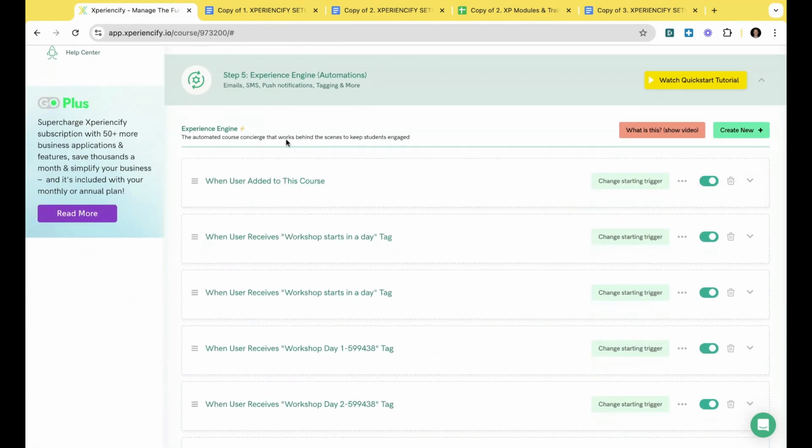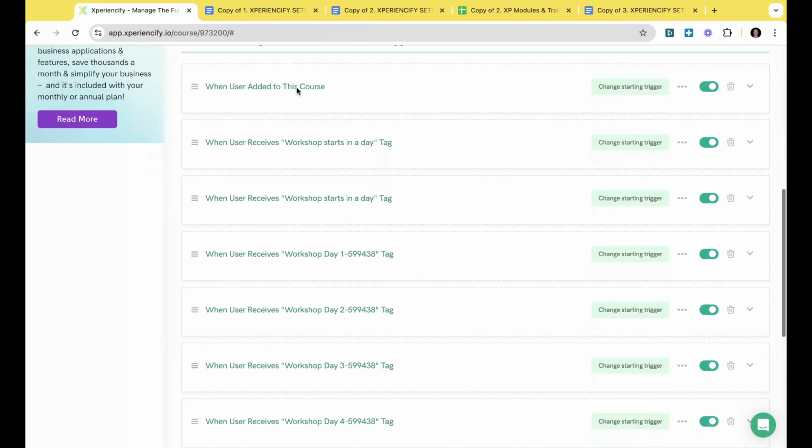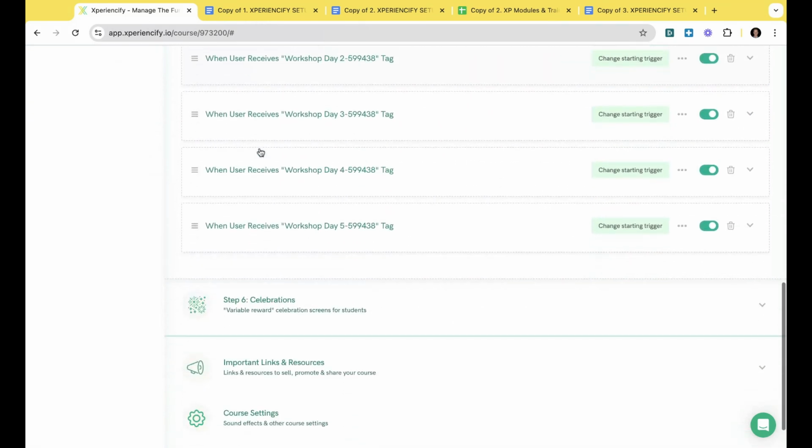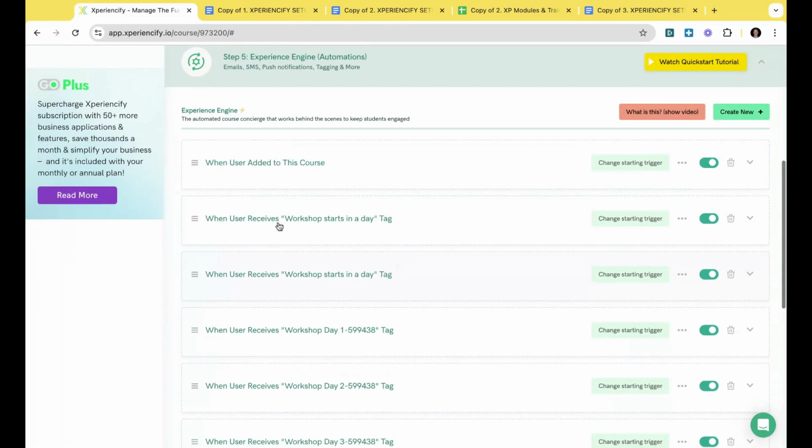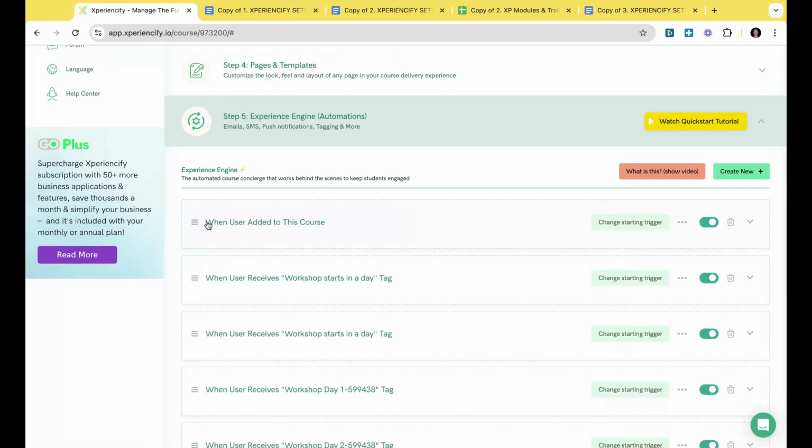As you see, when I open up step number 5 in this template, we've already put in a bunch of experiences for you. You can either remove those experiences and create your own, or you can just edit what we have.